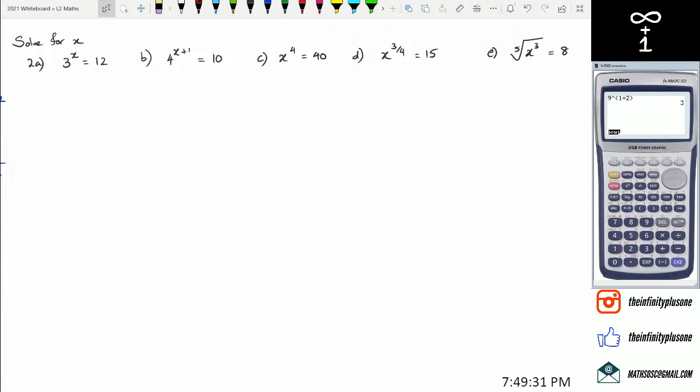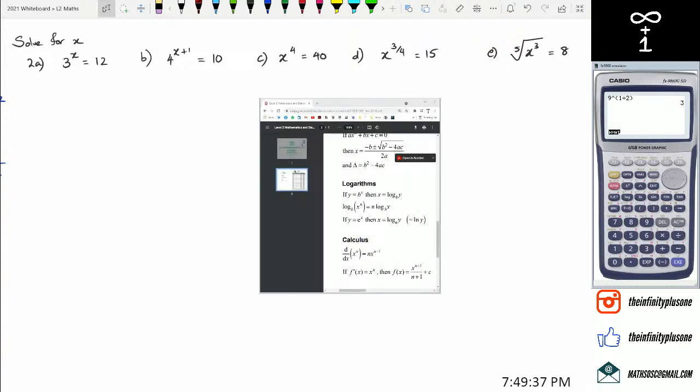Okay, so what do we got? Add source, screen capture, window, level 2 maths. All right, there we go. So as you can see, your log rules are actually given in your formula sheet. So if you ever forget it, you always go to the formula sheet and just use it, and then you should be good to go. But in fact, I think for us, what we're going to be doing is just